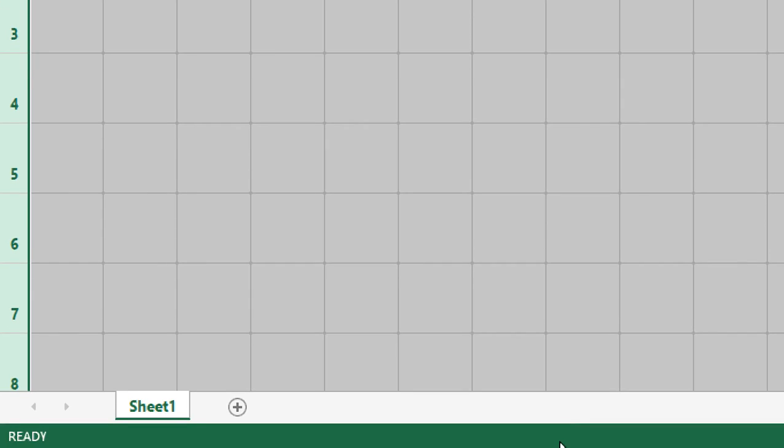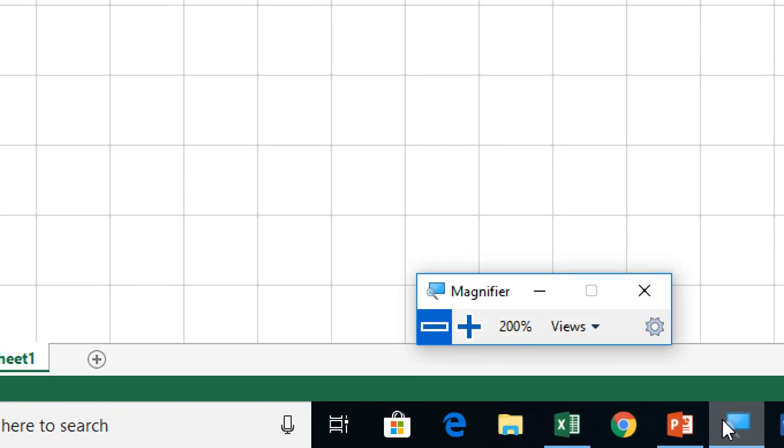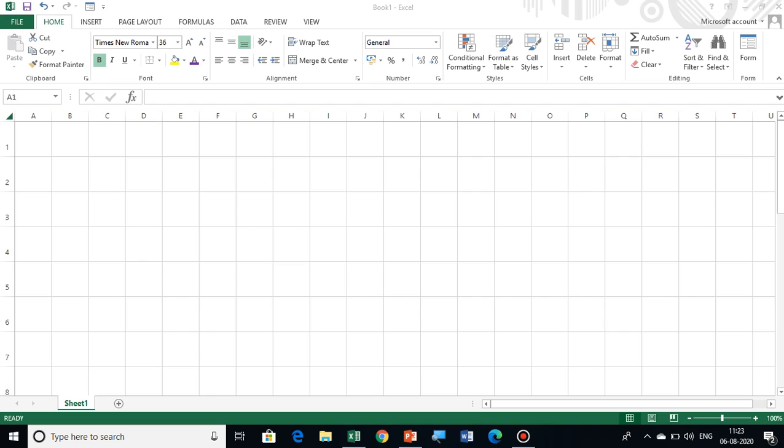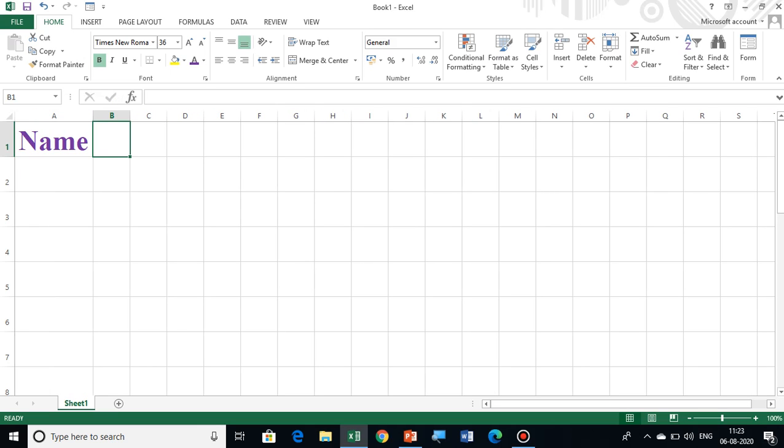Okay everyone, so first of all let's make a table, because you all know that a chart is based on a table, means data. If you do not have any data or any table, you cannot create any chart. Clear? So here I have one data, like name. Press the tab key, make the box big. I hope you all know how to make a box big and how to write in Excel. Okay, so I'm directly writing now. Then afterward marks. Press the tab key, make the box big.